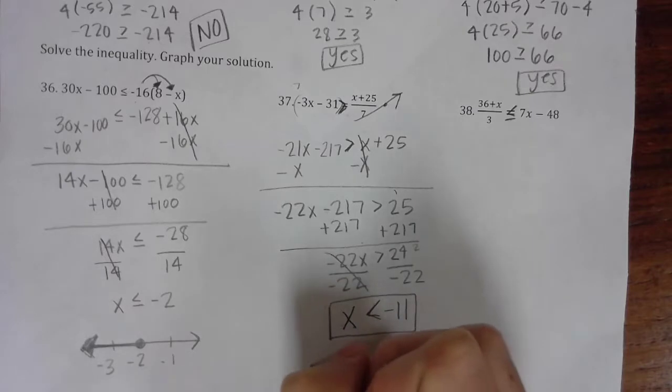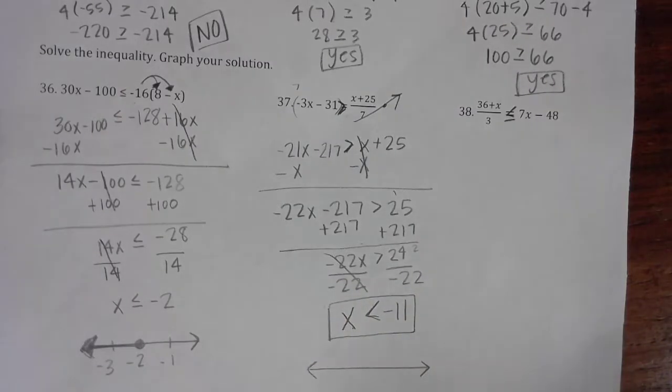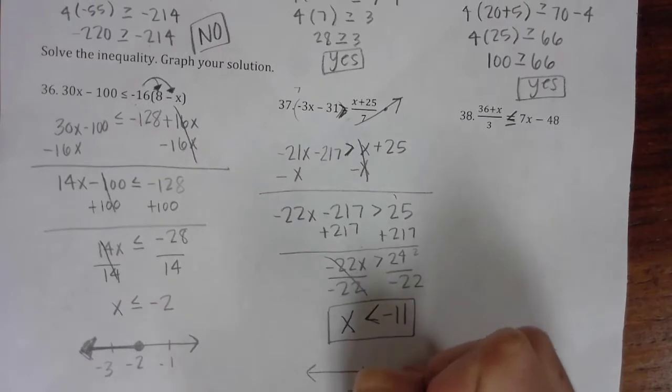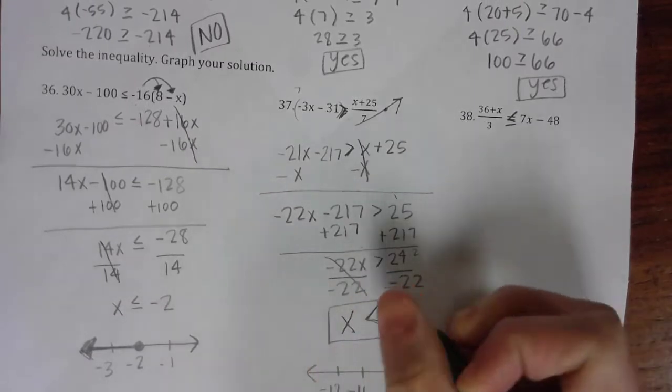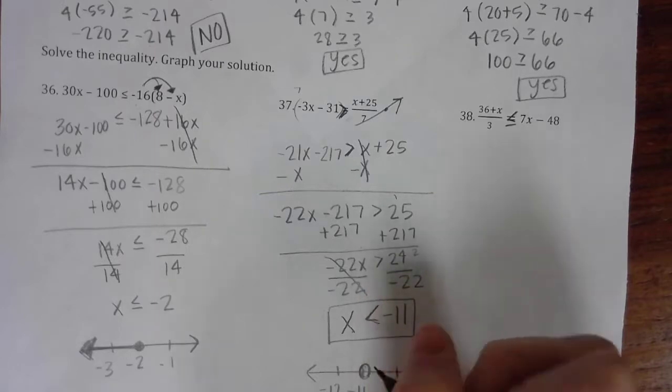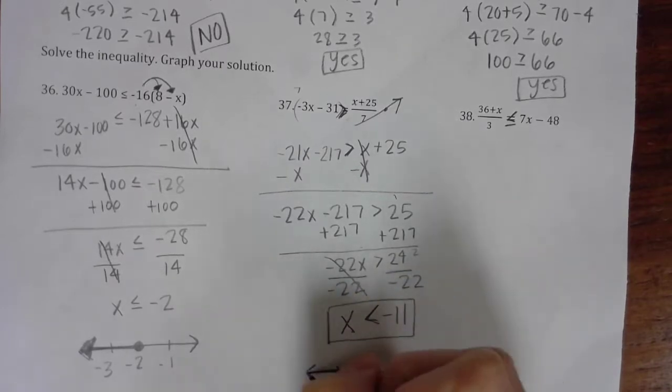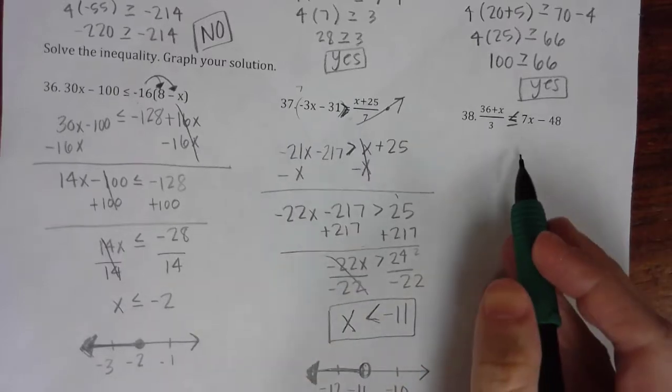If it helps you, before you start a problem, recognize if you're going to multiply or divide by a negative, flip your sign. Do that before you start the problem. So I have negative 11, negative 10, negative 12. Make sure you do your number line correctly always. Open circle, shade to the left. Okay. For my last one,